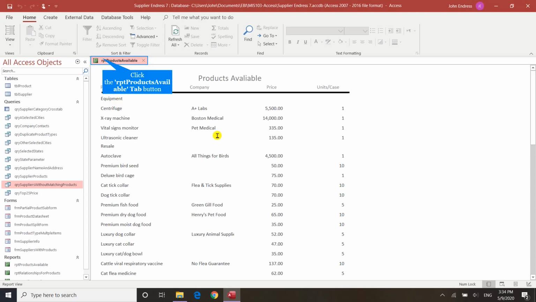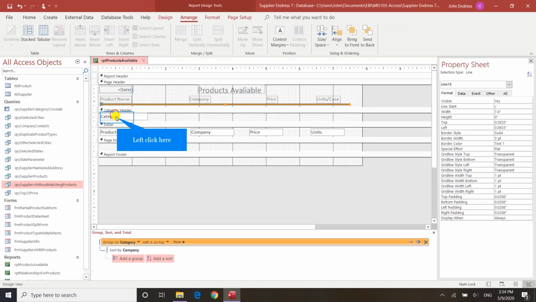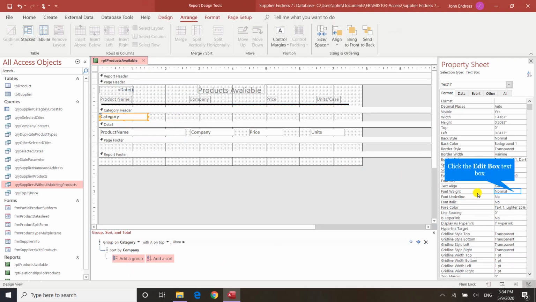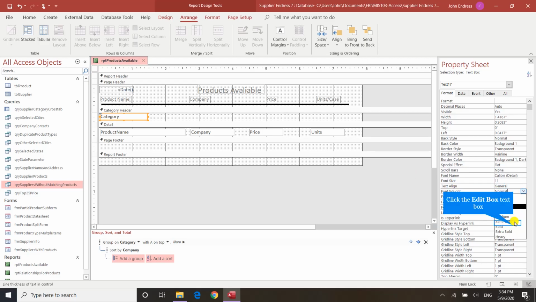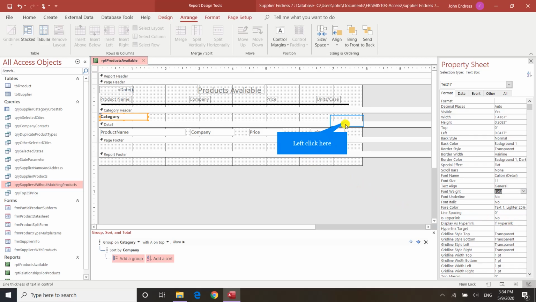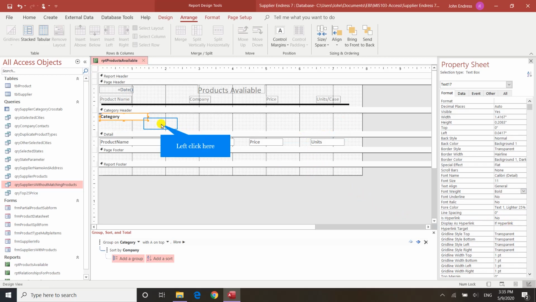Okay, so my report view is looking very close to what the author was looking for. I believe that the category header had more space in it at the top, and that the category field is bold. But other than that, I think I've matched this up pretty close. All right, so I'm going to do that. Right click and go back to design view. There's my category field. Its text is currently normal weight. I'm going to change that to bold weight, and I'm going to change the height of the category so that